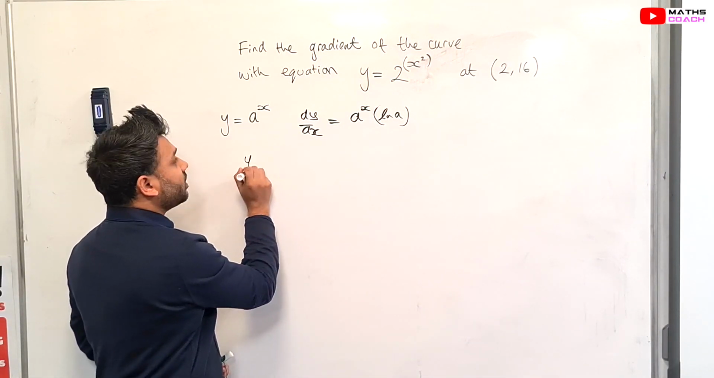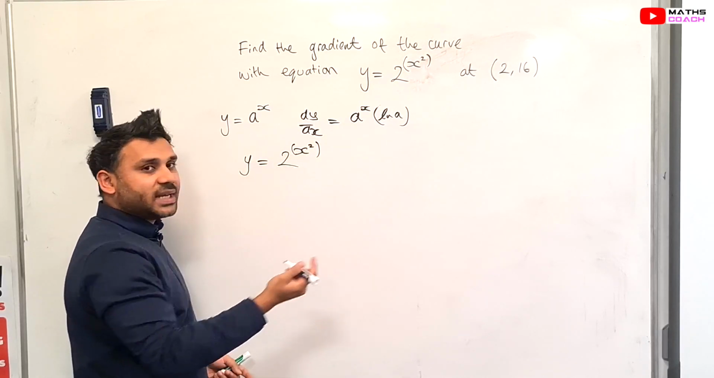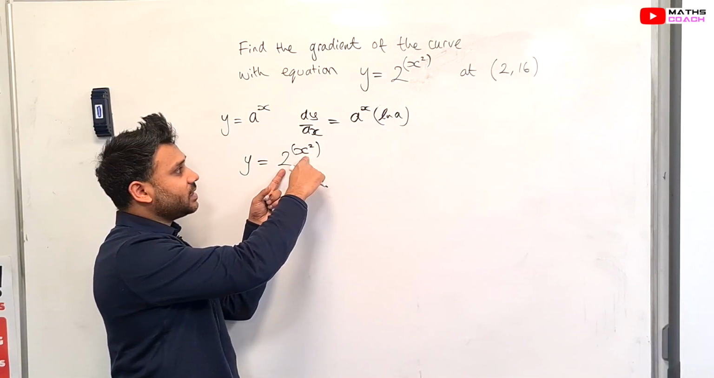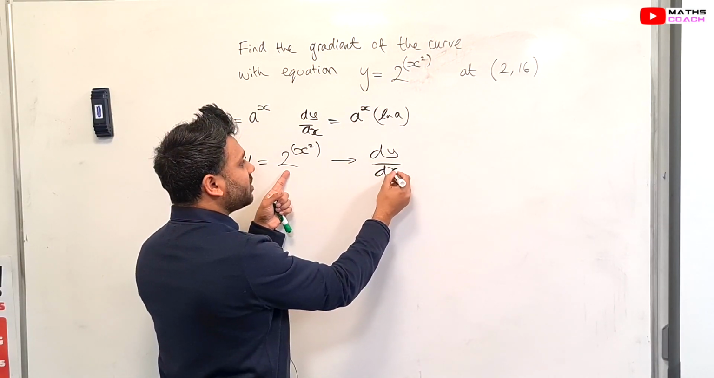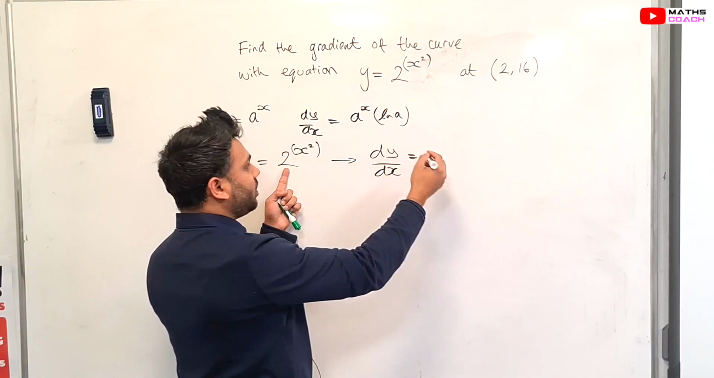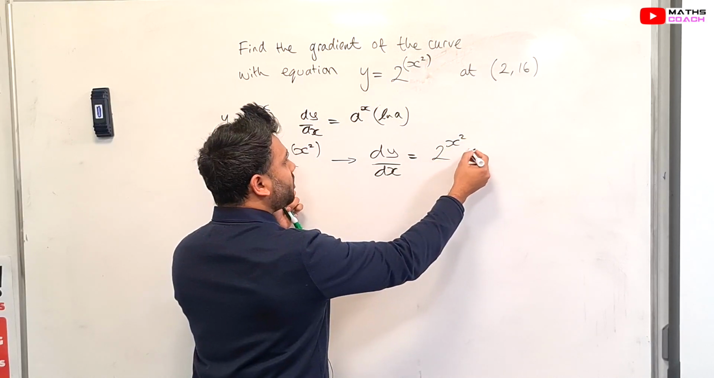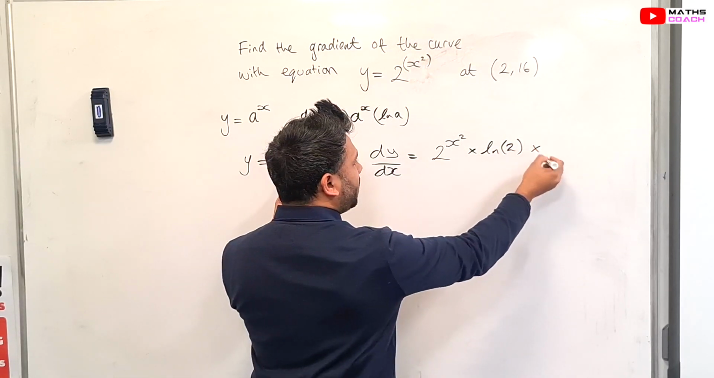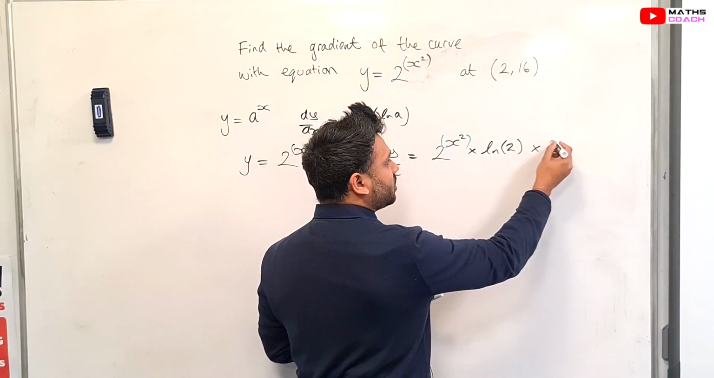So if y equals 2 to the power of x squared, there's two layers to this function. There's the exponential layer, which is the outer layer, and the second layer is the x squared. So when we perform dy by dx, we differentiate the exponential layer first, which is the 2 to the power. So that will give us the same 2 to the power of x squared, multiplied by the ln of the base number 2, multiplied by the differentiation of the second layer, which is the x squared, and that differentiates into